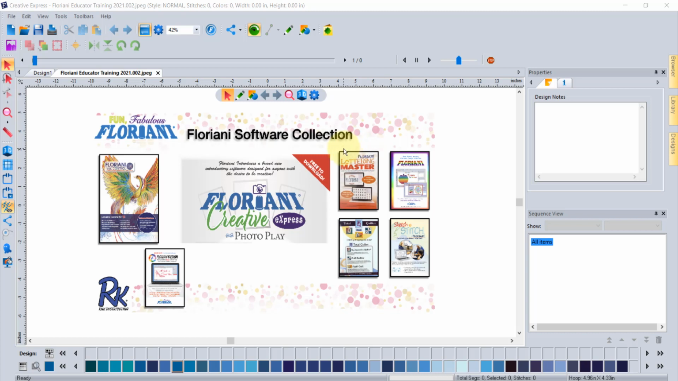The topic for this week is the Floriani software collection, because as you probably know, there is more than one software that can be activated when you own the Floriani software. What I've got on my screen right now is the program called Creative Express. Here in the middle, you can see the covers for all of the different programs that could be activated. I thought I would introduce them all to you today